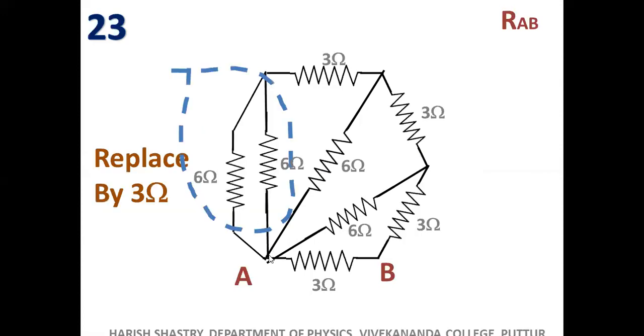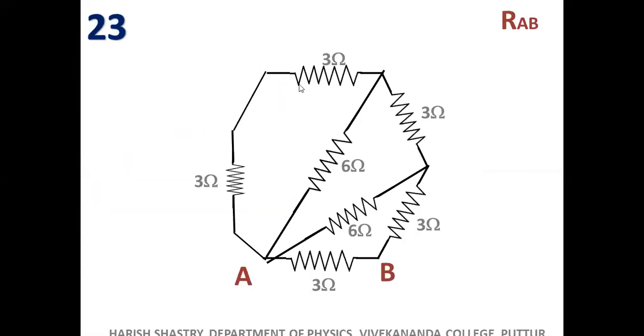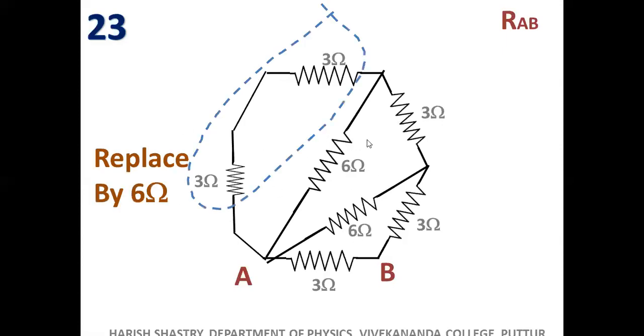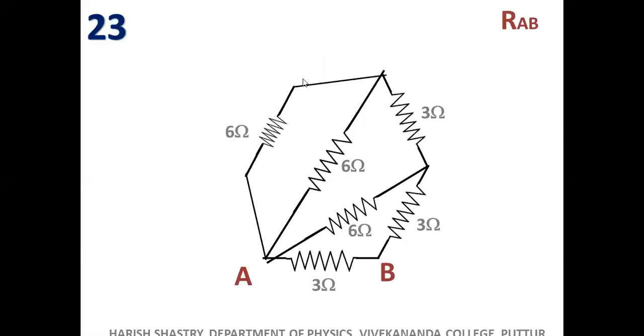That 3 ohm, remember, should be connected from here to here. That 3 ohm comes in parallel with this 3 ohm. So what is the equivalent? 3 plus 3, again 6. So shall I replace all this combination from here to here by 6? And that 6 comes in parallel with this 6, isn't it? See here. This 6 has to be replaced here, and it comes in parallel with 6.